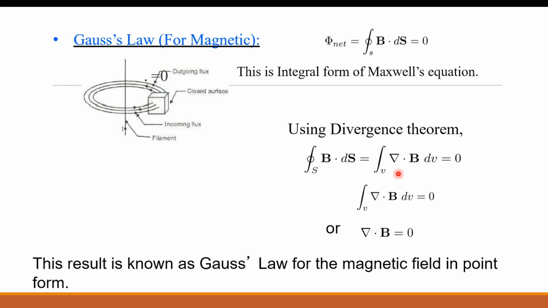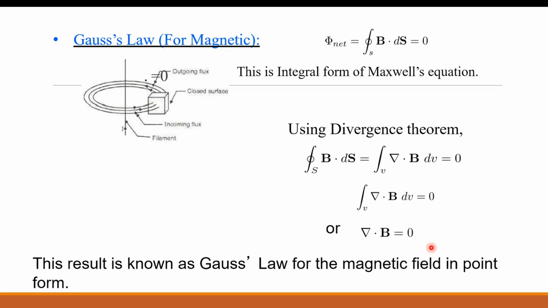Now look at the second part here. Del dot b dv is equal to 0. So we can write the second equation as it is. Integration of del dot b bar into dv is equal to 0. If we remove the integration, volume is not changing, volume will not be 0 at any time. Then we can write del dot b is 0. Okay. As this quantity is not 0, this quantity should be 0. So del dot b bar is 0.